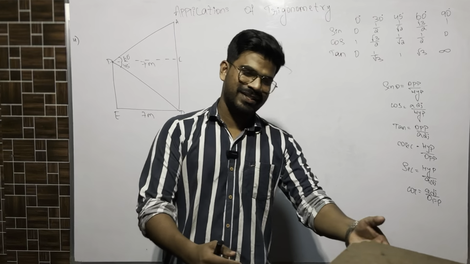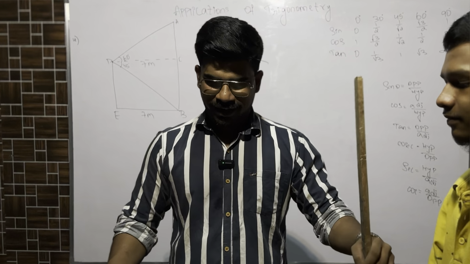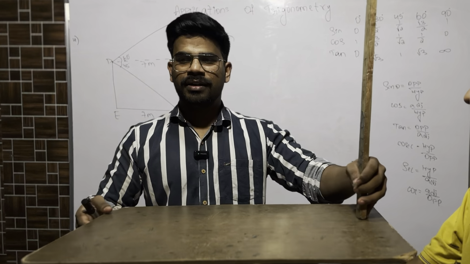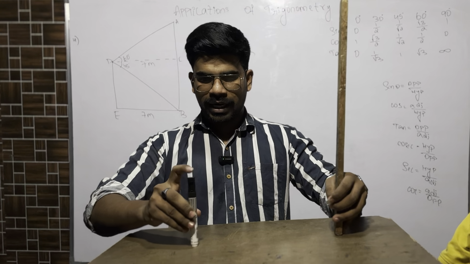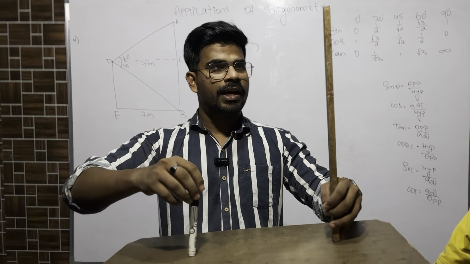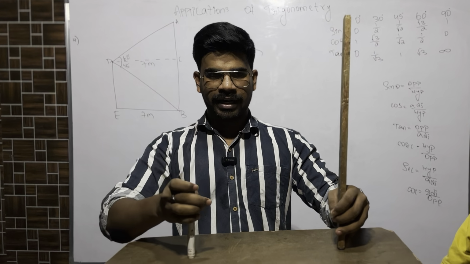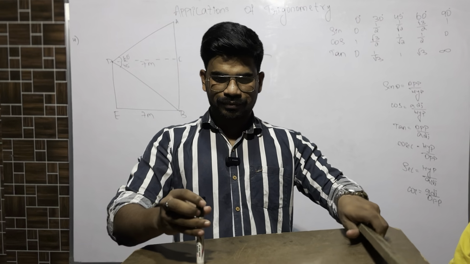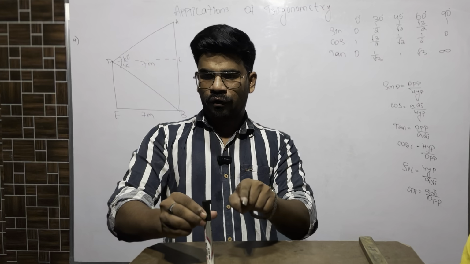Salam, class 10th. Yes. Now, hold this back. Here this is the top of the tower. This is the tower. Here we have the building, tower and building. From the top of the building, from this point, we are looking at the top of the tower. This angle to the top of the tower is 60 degrees. From this point, we are looking at the foot of the tower. This angle here is 45 degrees.